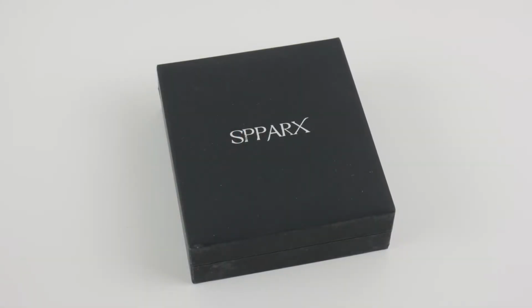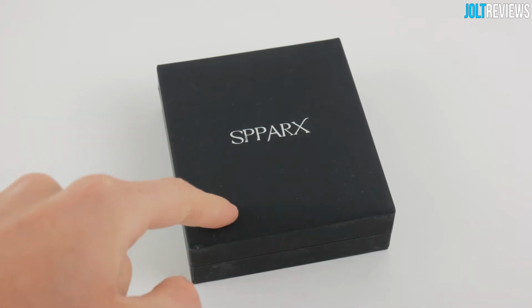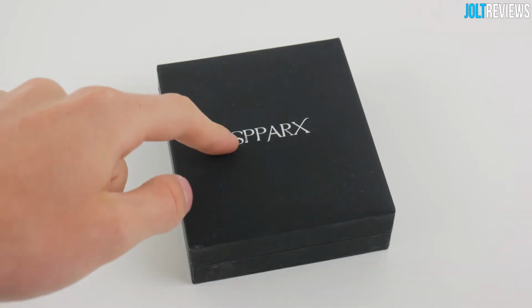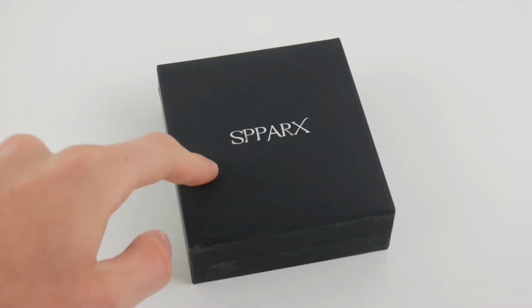So we'll be taking a look at this Spparx arc lighter. I reviewed one of these somewhat recently, but this is from a different company, so this is a different brand. They do have a bunch of these listed on Amazon, so I've checked out 2 of them now. But anyway, this is from a company called Spparx, and this is just the packaging